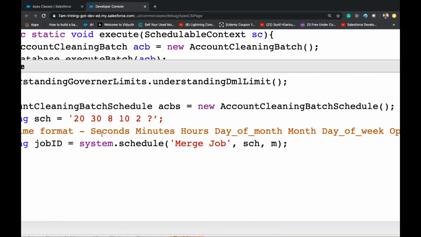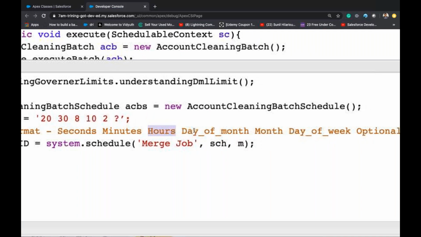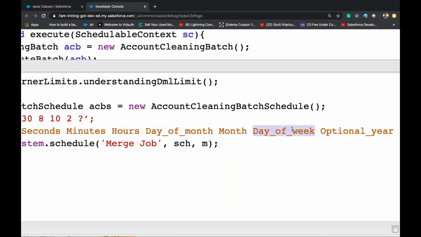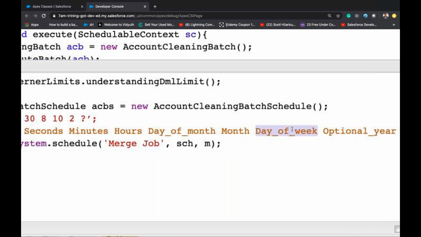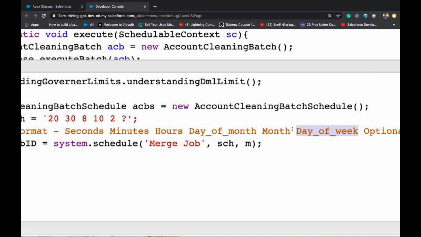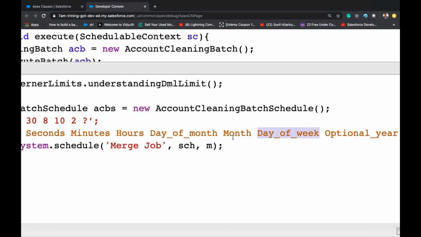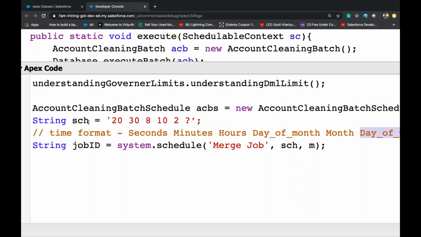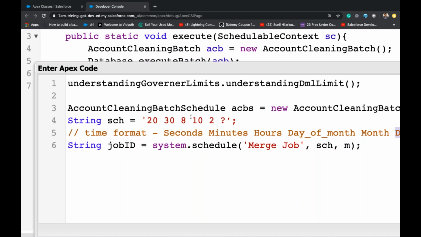This is explained here: 20 seconds, 30 minutes, 8 hours, day of month is 10, month is 2, day of week question mark, okay? And year is optional, year is not specified. So on Feb 10th, 8:30 in the morning is the date and time.